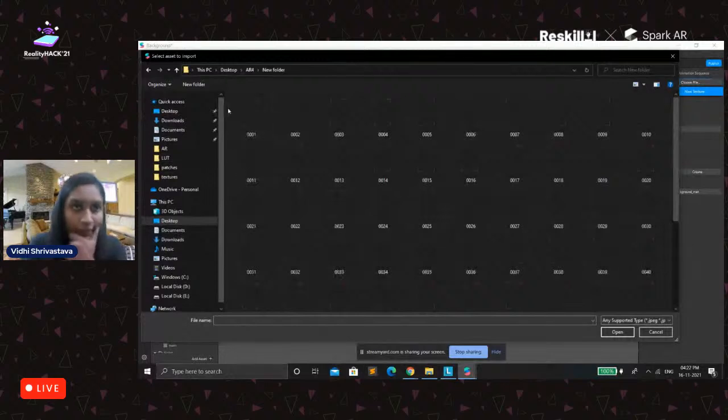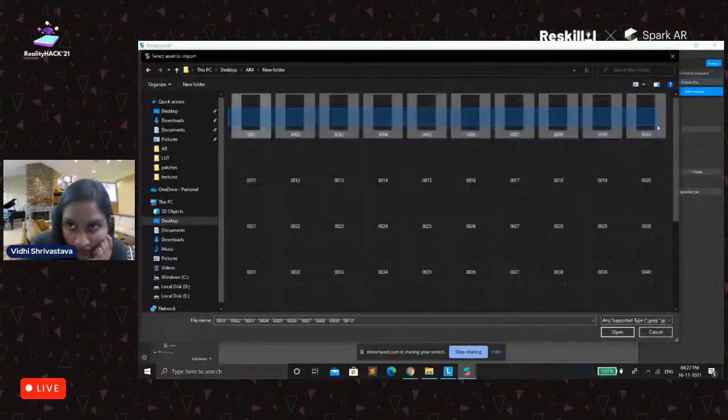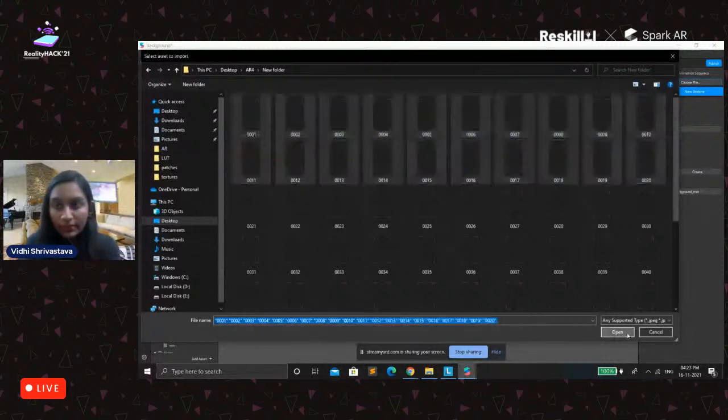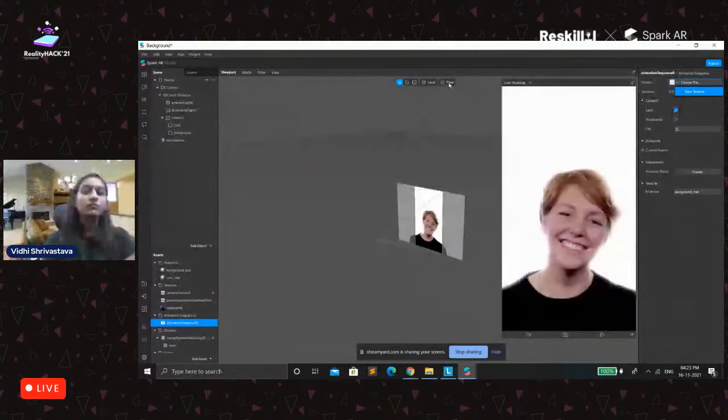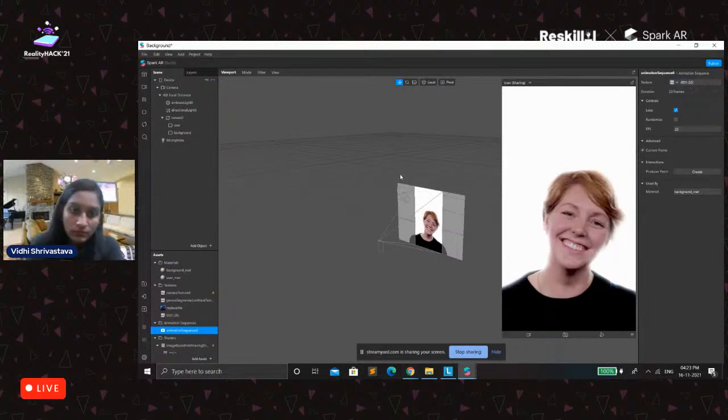Let me add these textures here. For example, let me add 20. Wait until it gets loaded.